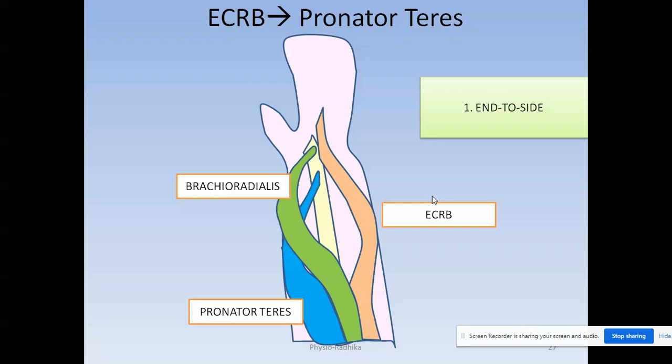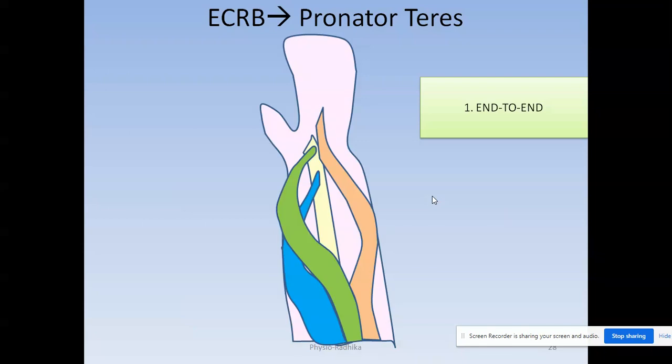When we read about tendon transfer, the technique of suturing is either end to end or end to side. So first let's look at end to side. Pronator muscle in this image normally lies beneath the brachioradialis. When we are doing tendon transfer, the pronator muscle is shifted to above the brachioradialis, passing the radial bone and attaching to the extensor carpi radialis brevis at the side. This is how end to side transfer of pronator teres is done.